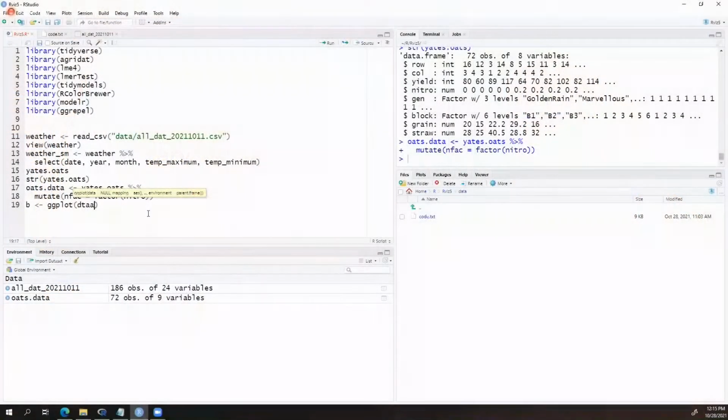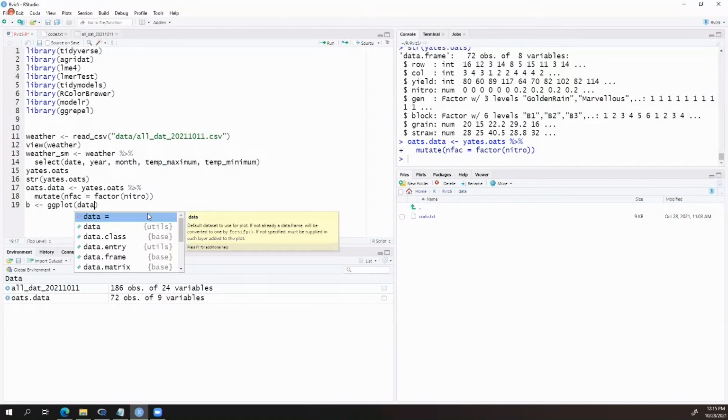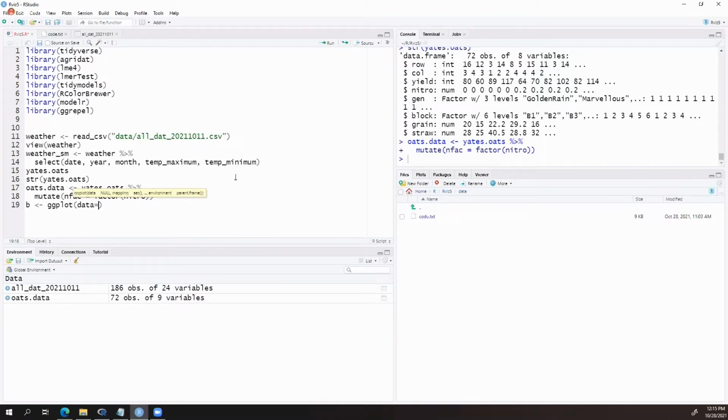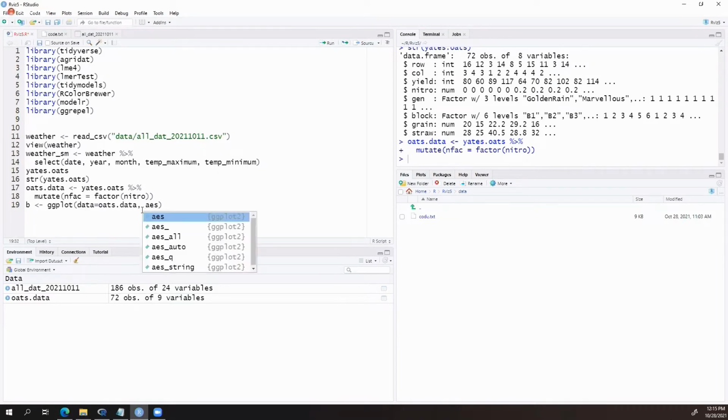The way that ggplot works is it creates layers. The very first layer we are going to create is where we tell it what our data is. Our data, in this case, that we're going to plot from is Oats data. It helpfully supplies that, so I don't have to get it typed right. Then the next thing we have to do is create what is called aesthetics. And this is a process that is called mapping.